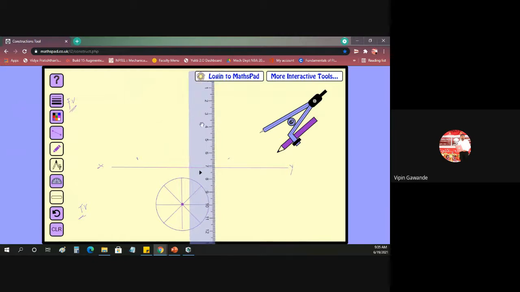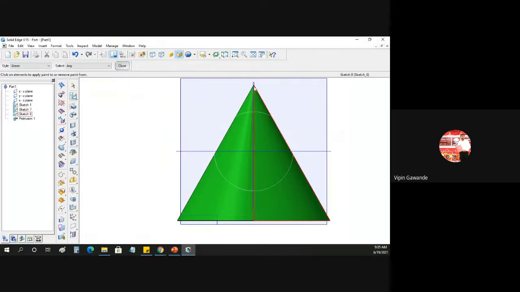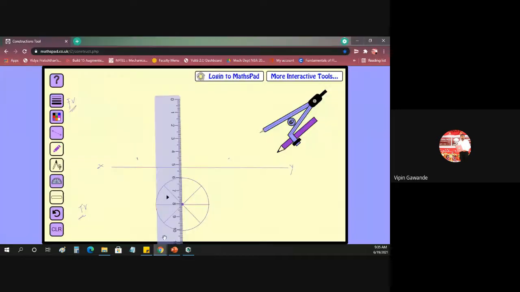For the cone we have the axis. So let us take some distance for the axis. What is the distance of the axis? Whatever red line you are seeing here is the axis of the cone. It has some height. So let us take the height of this axis. Again 80 mm is not possible, so I am taking 60 mm as the height of the cone. This is the 60 mm height of the cone.